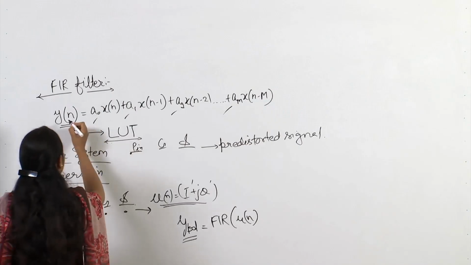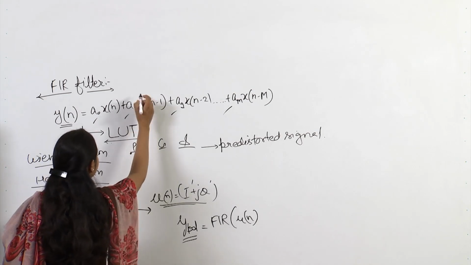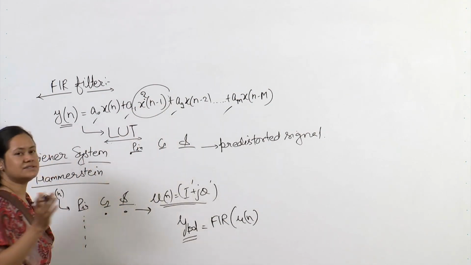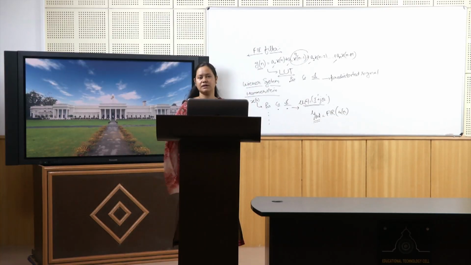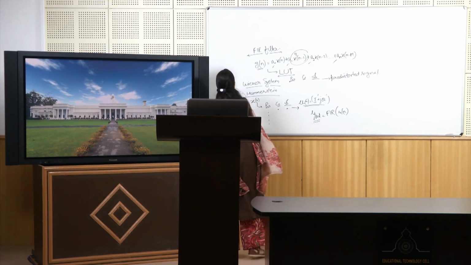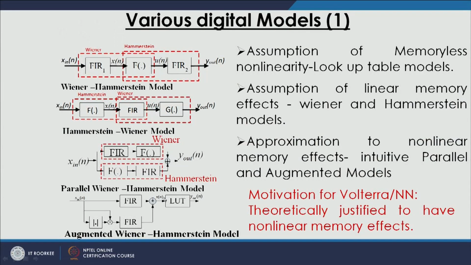It is possible that x n is not simply related to x n minus 1 in a linear fashion, but x square maybe. So, in that case some augmentation of such systems happens, like parallel Wiener-Hammerstein, and you can say augmented Wiener-Hammerstein. Especially in the augmented Wiener-Hammerstein, you see x n is being multiplied with the absolute of its own. So, in this case, for this first loop, this x n which is being applied to LUT, parallel Wiener-Hammerstein